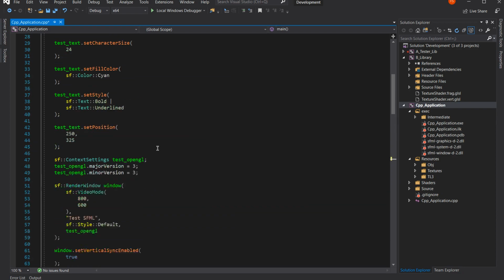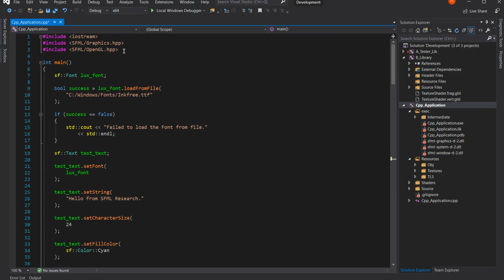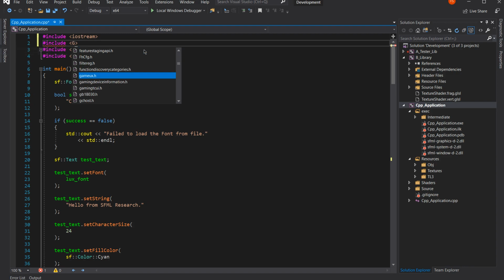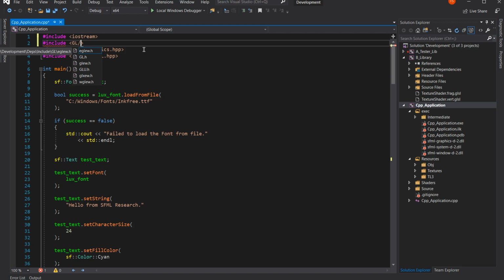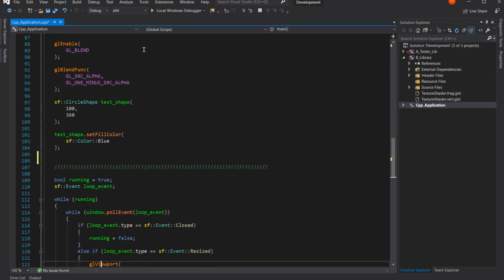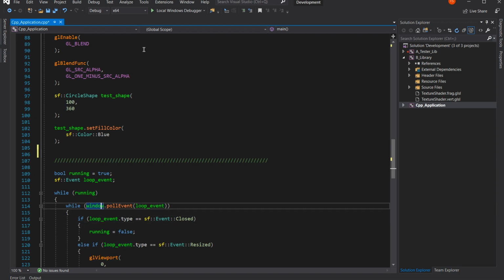It's fantastic stuff. GLEW goes first, doesn't it? Where is it? It's in GL. There it is. So if I include that, and I initialize it,